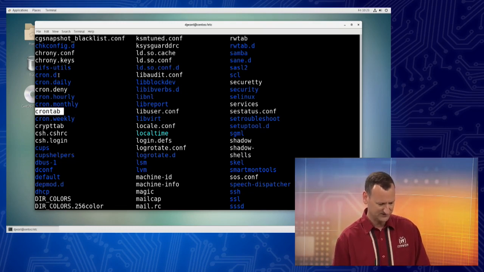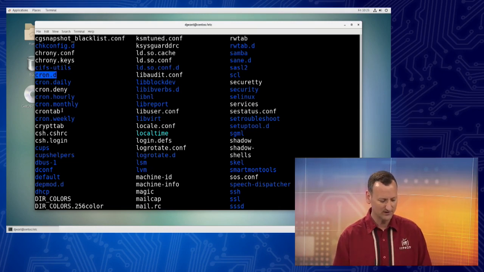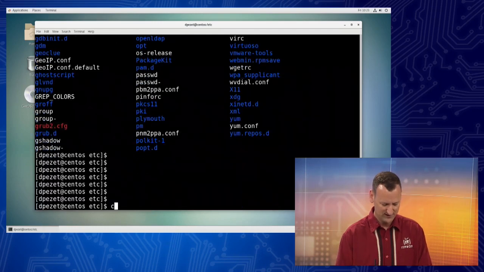Oh, actually, hang on. It's not crontab.d. It's just cron.d. Sorry, right up there. So I do have it, cron.d. So let's take a look at both. Let's start with that crontab file. If I cat the crontab file,